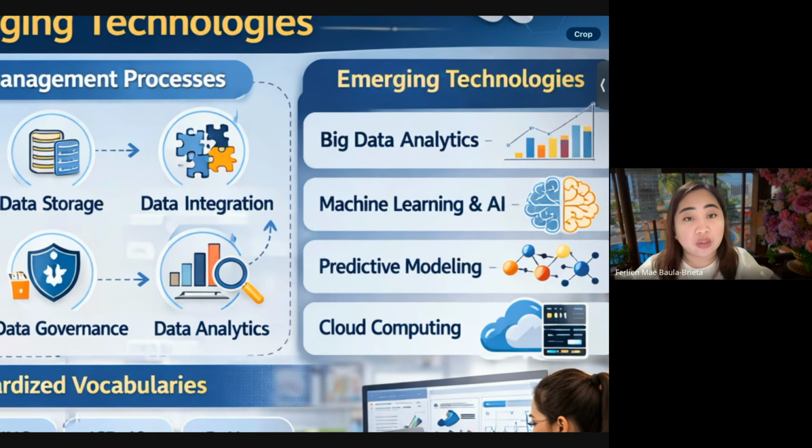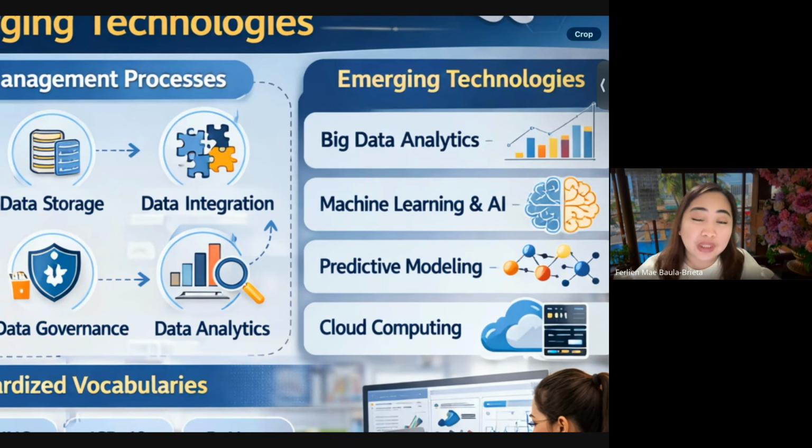These emerging technologies use, again, the machines. These machines have algorithms, and these machines are set to have natural language processing. So that is why it is important that our document itself should be in the universal language also. If not, then we have to develop our own machine to be able to analyze or to process the Filipino language. And then it has a predictive modeling that transform healthcare analytics.